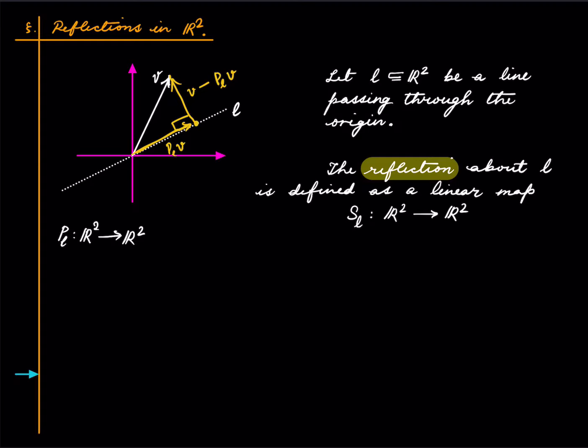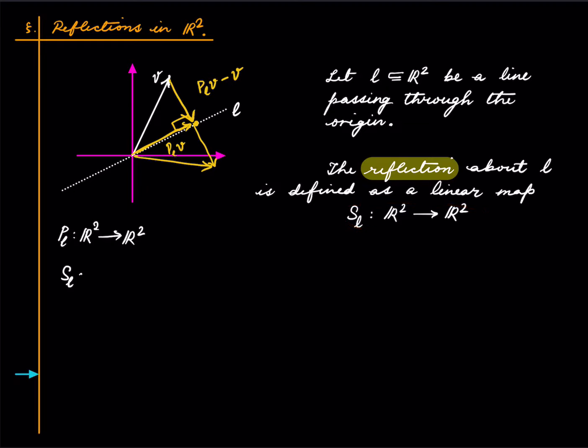So if I reverse this arrow, that becomes PLv minus v, right? And what I want to do is put this arrow again and compute what that point is. So it's just v plus that plus that. So SL, which is the map that I'm trying to describe,